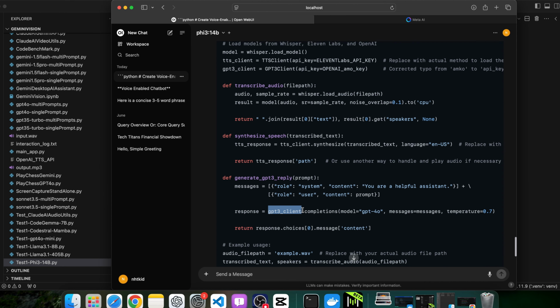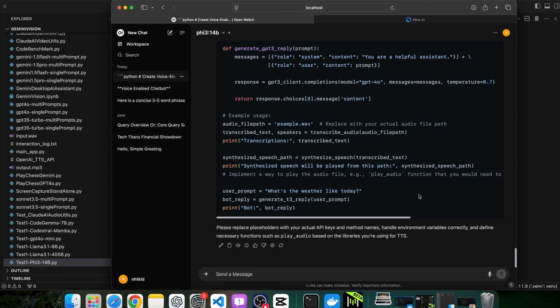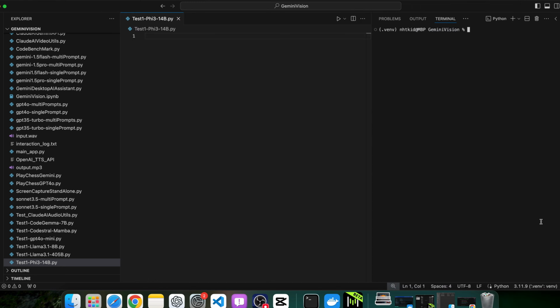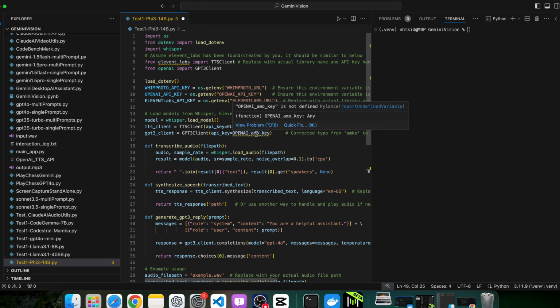And this response, it's not a chat completion endpoint either. And then you got web file, interesting, but implement a way to play the audio file. That's fine because it's not gonna actually be played. All these apps do is produce the output.mp3. We didn't specify how it's gonna be played out. I should have done that, but so far none of them has made it that far. So still, we're just gonna copy paste the code, and with all these errors,